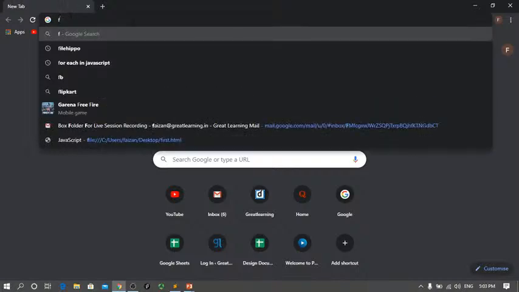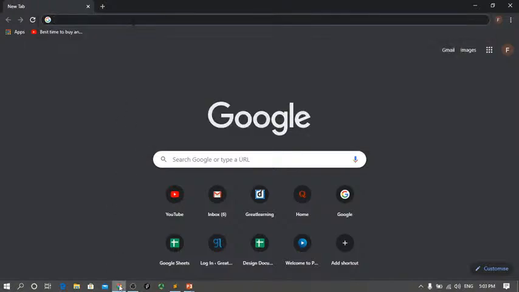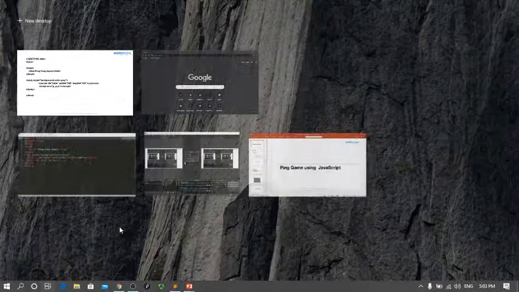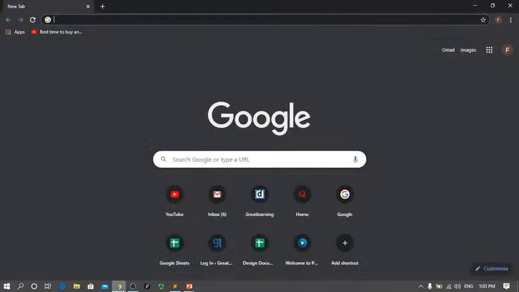What is called first, what is the name of the file that I saved it? Just a minute, guys. It's called pingpong.html. Okay,